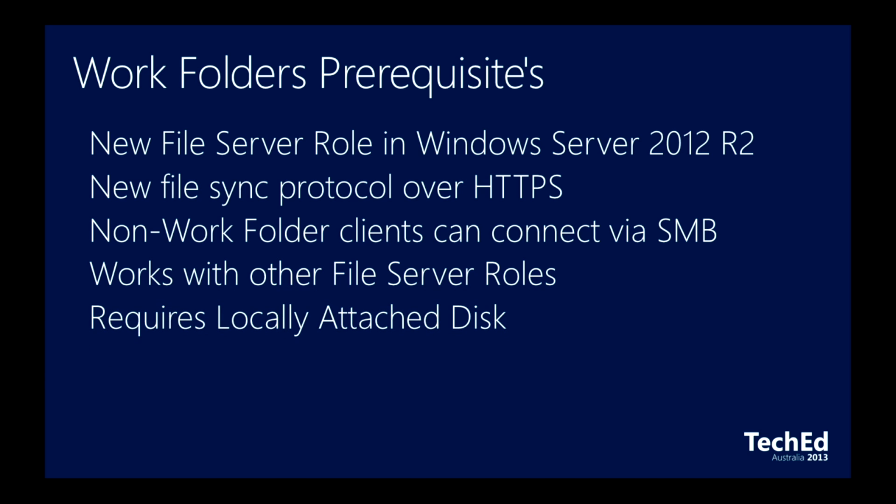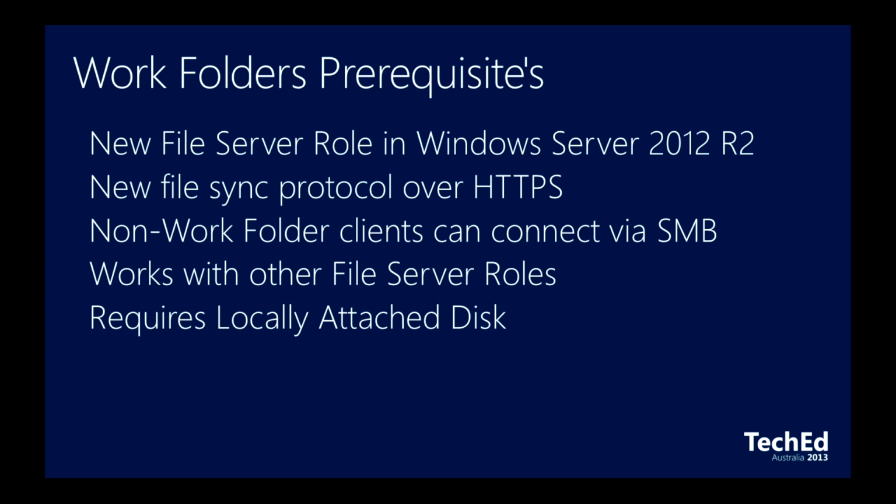This is a little bit of a gotcha. It requires locally attached disks to the file server. So what do I mean by locally attached disks? I mean the disk needs to present itself as a LUN to the operating system. You cannot have a Work Folders server here and a separate file server, and have Work Folders work via an SMB file share like